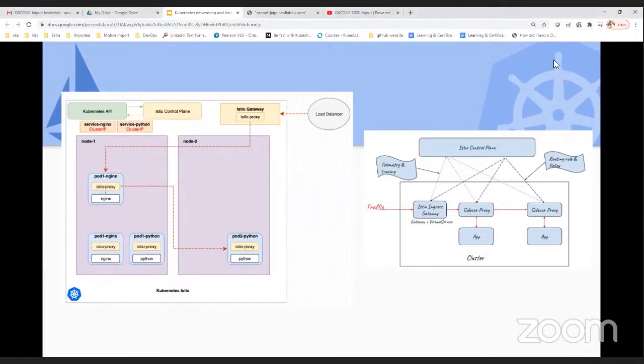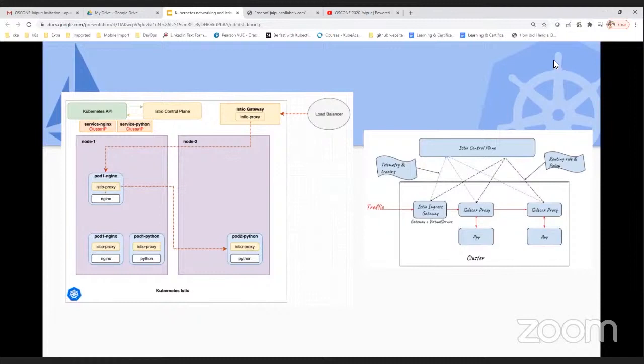So if you look at the right hand side of the diagram, it's much clearer how we can access the things inside the cluster. I have the routing rules and policy, which are already pushed to your proxies, and the proxies have that information. When I'm hitting the traffic, if you look at the traffic in red color, it will be injected into your Istio ingress gateway, and from there it will reach your pod.